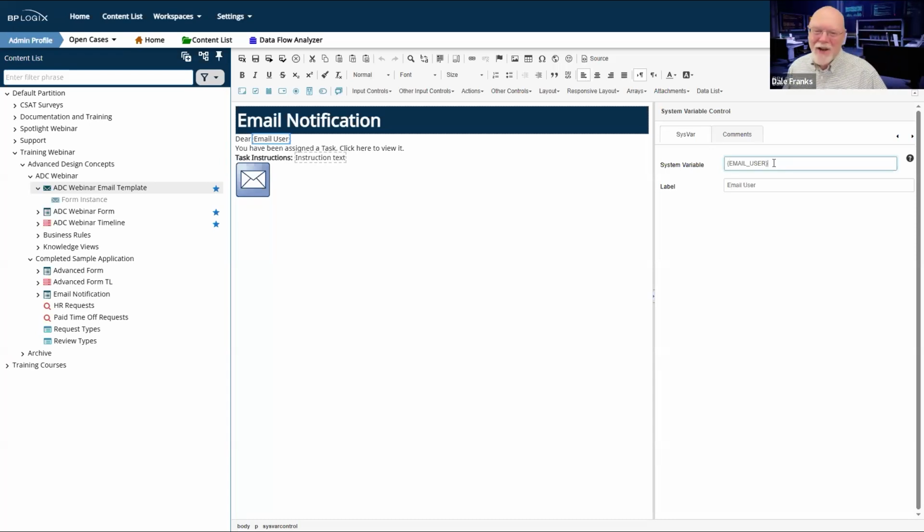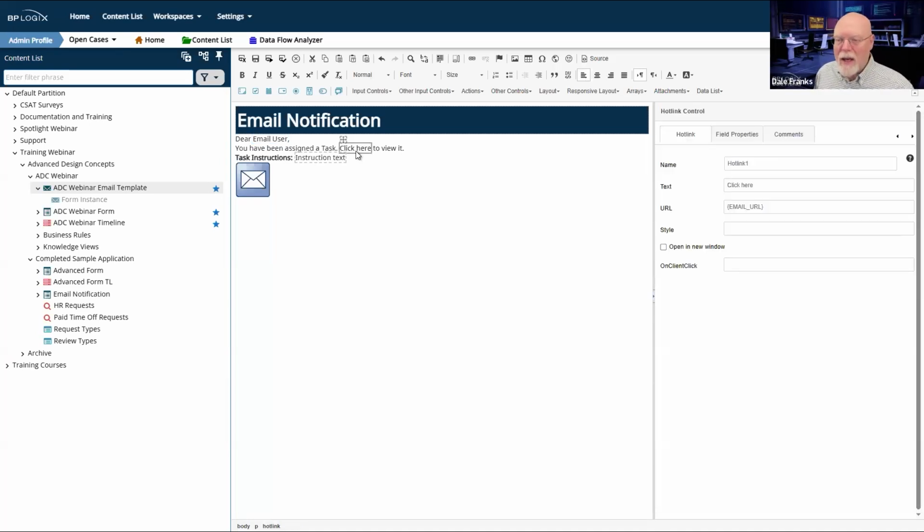So in this context, while I am inside Process Director and I am logged in, I am the current user. But remember, what we're sending are email messages. And so with email messages, there is no current user. So we're kind of trying to help you if you use the wrong system variable, but the correct system variable to use that will never go wrong is the email user system variable.